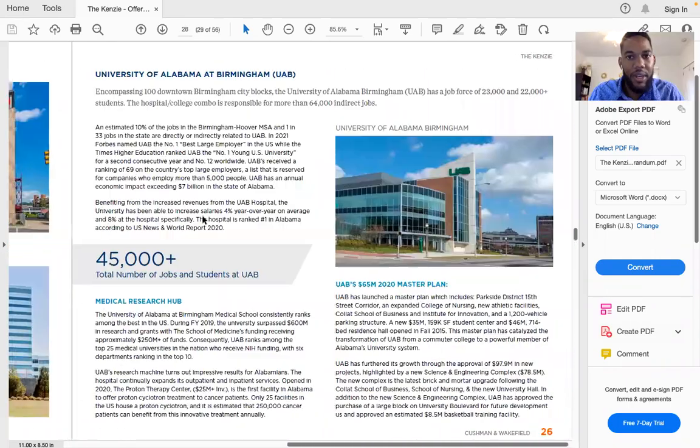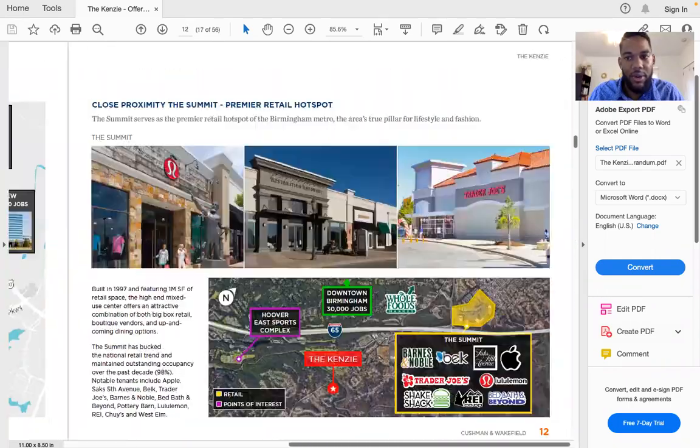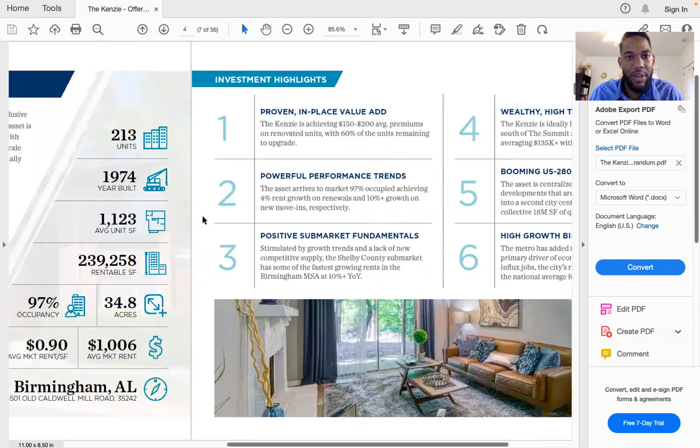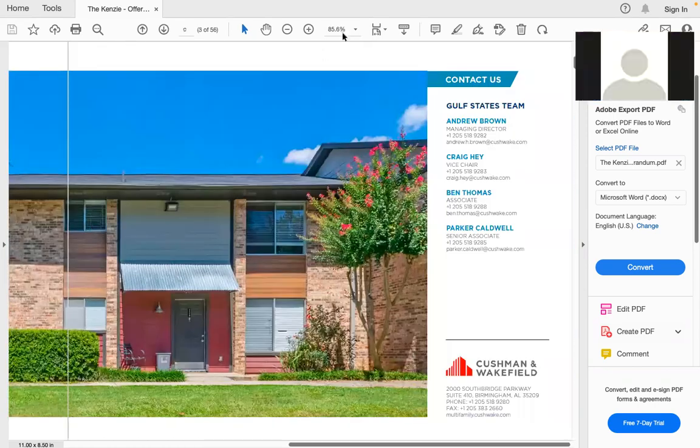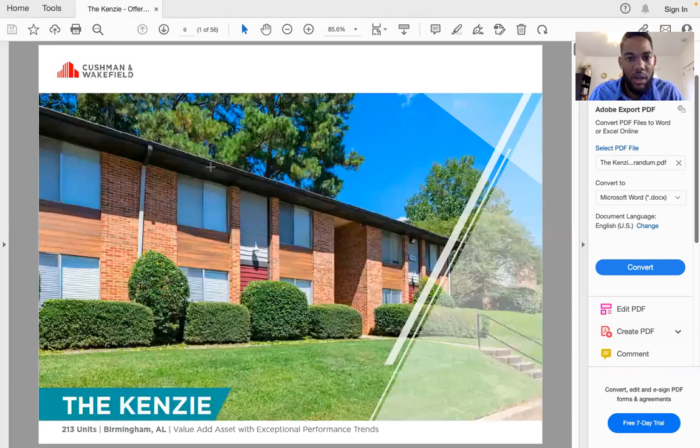Hey guys, let me know if y'all can see my screen good on this OM, or if it's too big or too small, if I need to adjust it. No, it's good. We can see it. It's good? Okay, awesome. All right, fellas, guys and gals. So guys, when we're looking at the OM, what are the things that we're looking for generally with the OM?